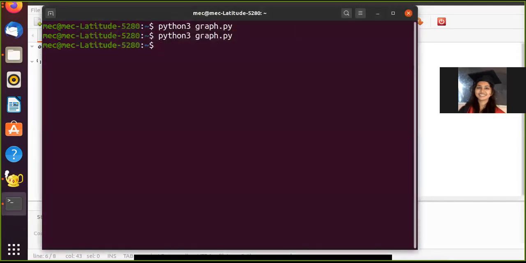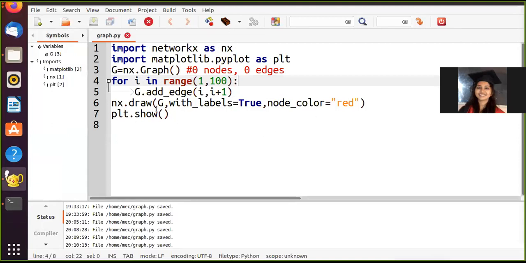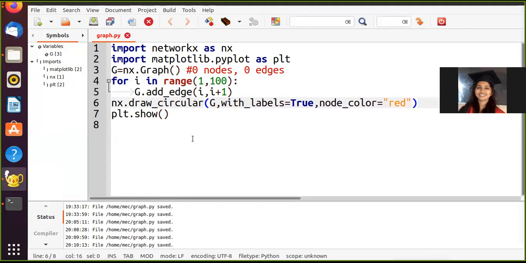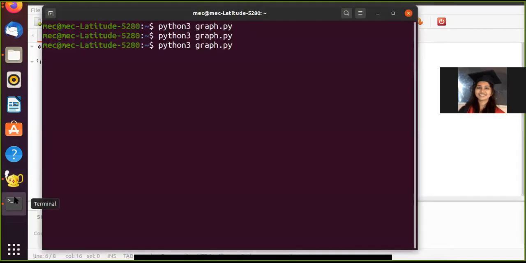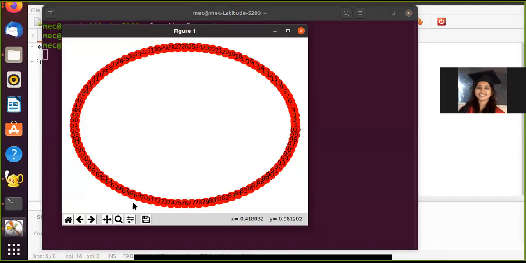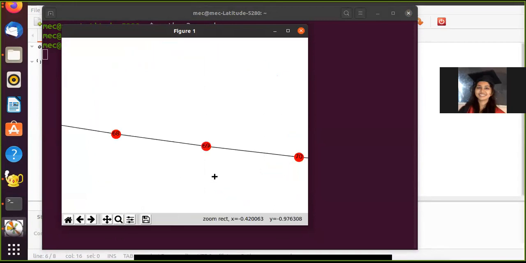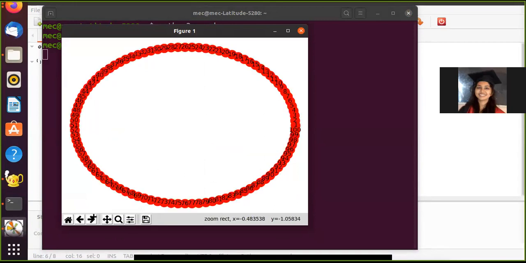Okay, what you can do here is try some other modes of visualization. Let's say one very famous one is circular. If you want to see your nodes arranged in the form of a circle, just use it, and you see all the nodes connected in a circle, although they seem like there are no edges between them. If you want to validate them, I'll just zoom in on a portion and see that they are connected.